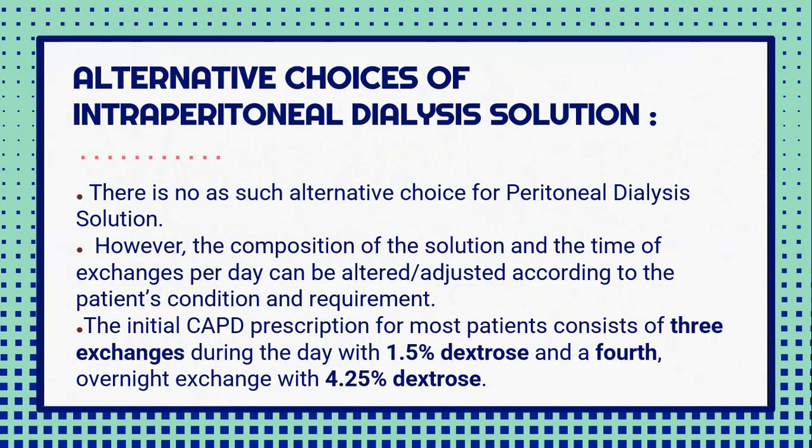patient's condition and requirement. The initial CAPD, which means continuous ambulatory peritoneal dialysis, prescription for most patients consists of 3 exchanges during the day with 1.5% dextrose and a 4th overnight exchange with 4.25% dextrose. It means that to sum up all this, there is no alternative choice. Rather, we have an option that we could adjust the composition of this dialysis solution accordingly to the